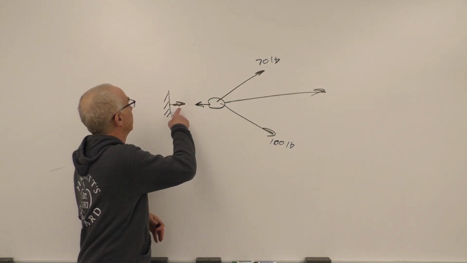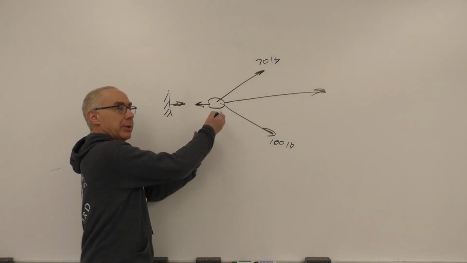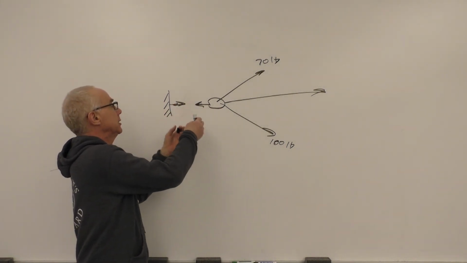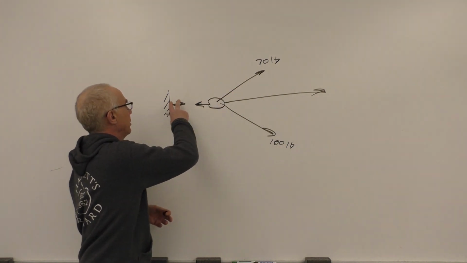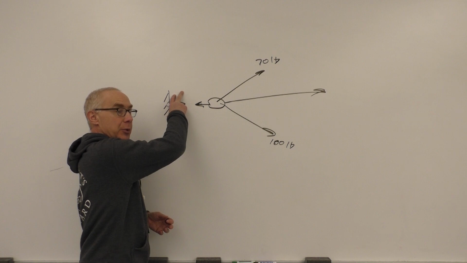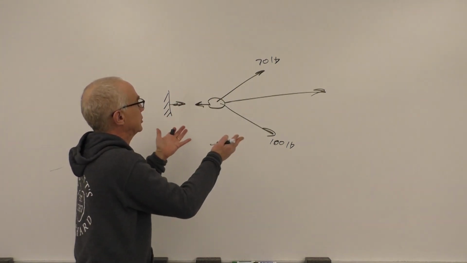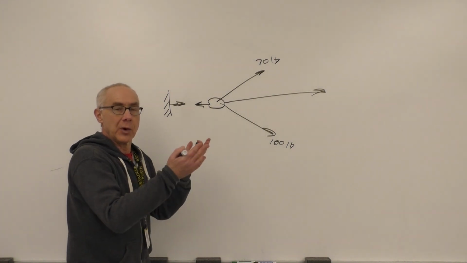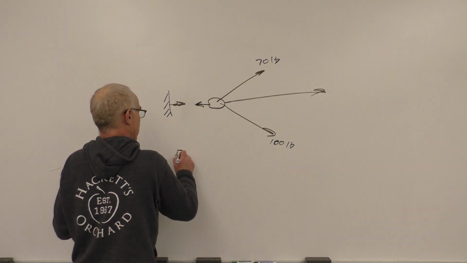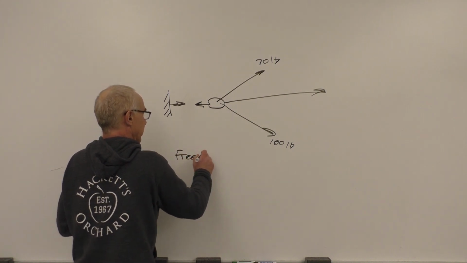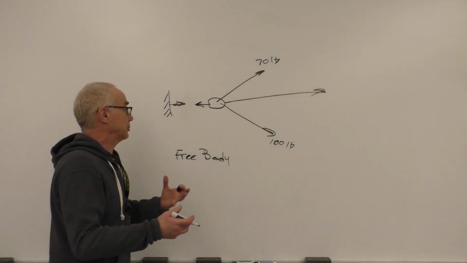So our support is essentially restraining the movement by opposing a force in this direction, and our body, and essentially these forces, are applying a force on the support itself. So those are the kind of things we're going to do, and this is essentially the essence of what a free body diagram is. We're separating it from the supports, and we're going to include explicitly a description